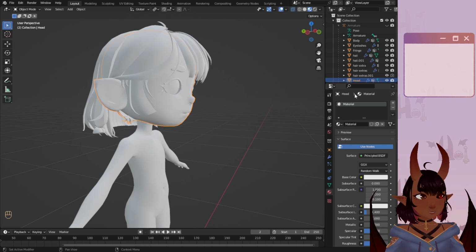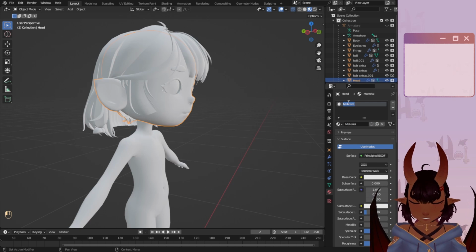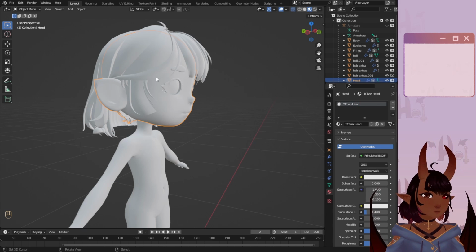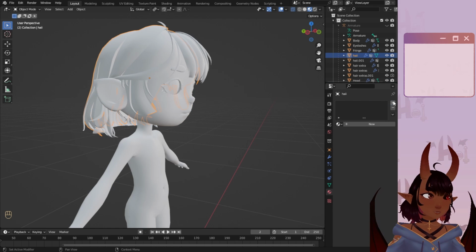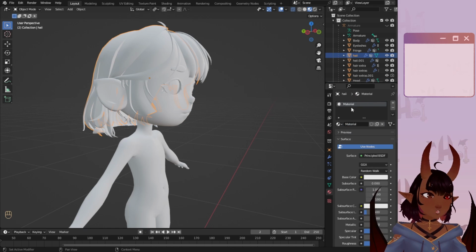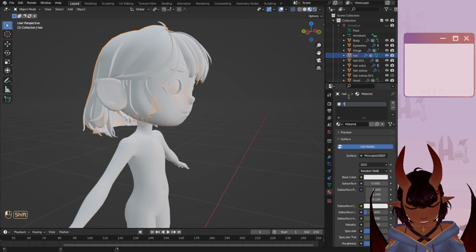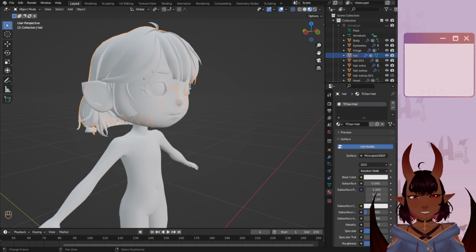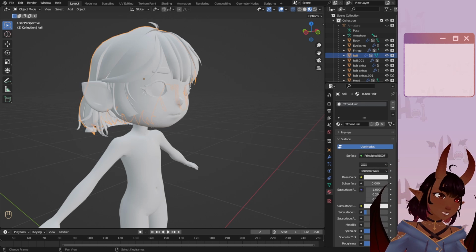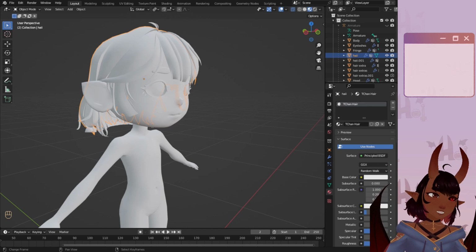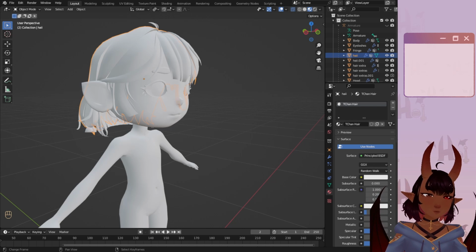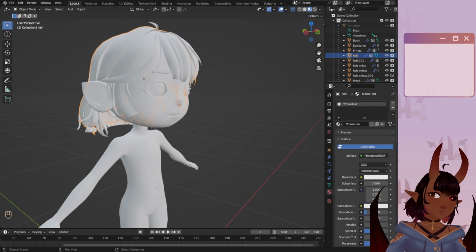Adding new first and then double clicking to rename T-chan head. And then add new T-chan hair. Now for bodies, I've been doing 3080 pixels for my commission models, but they're quite large and I